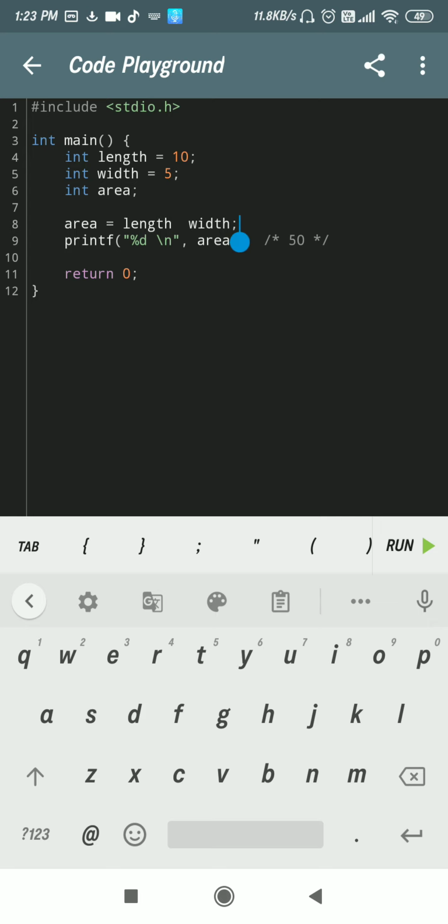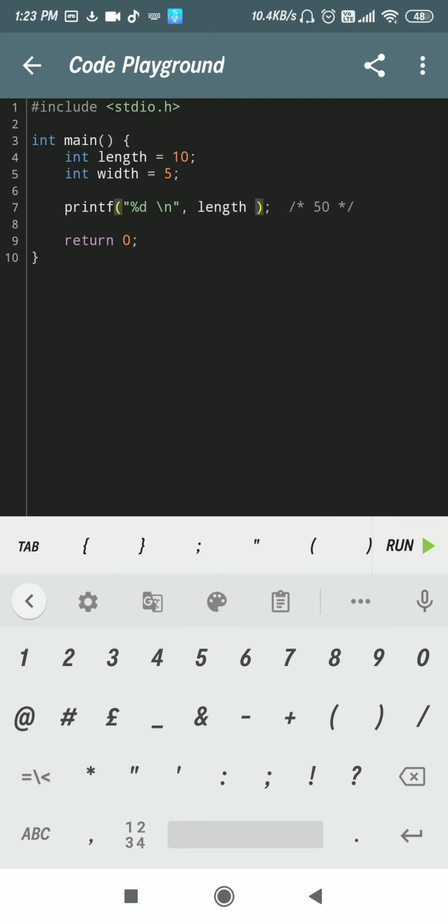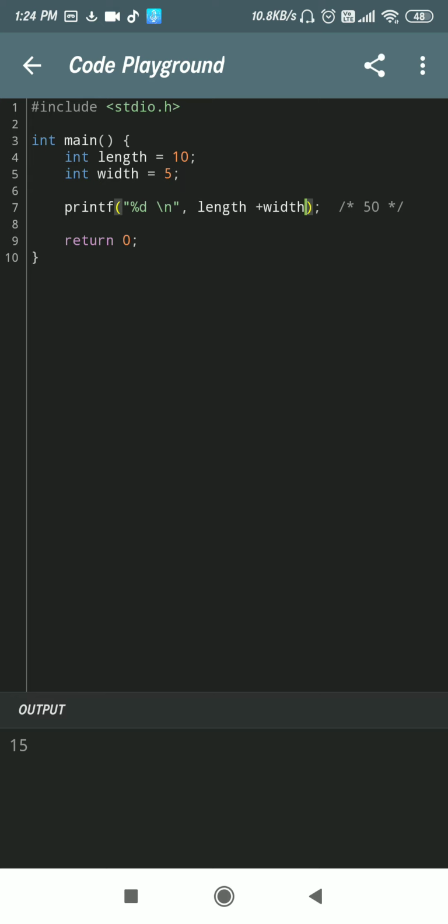Or you can write this line without using the third variable, directly inside this. Instead of area, you can directly write length plus width, whatever operation you want to perform. It will also work like that. The result is 15.